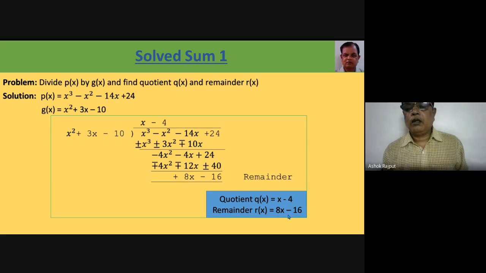Now, have you understood? It is division. If a remainder is there, then we write the remainder, and we write the quotient too. Quotient we get everywhere. Sometimes the remainder may be 0, but here it is not 0, so we will write it here. Now we are going to solve the next sum.